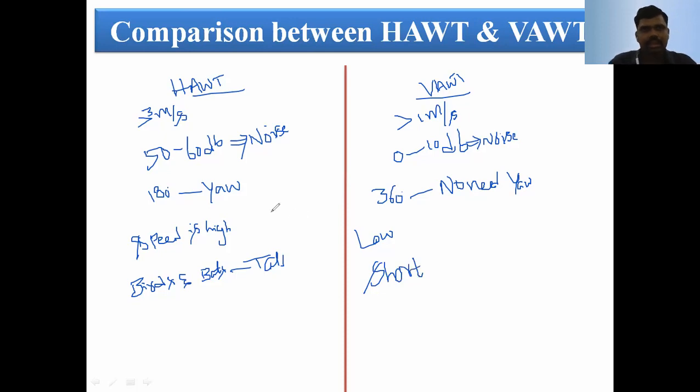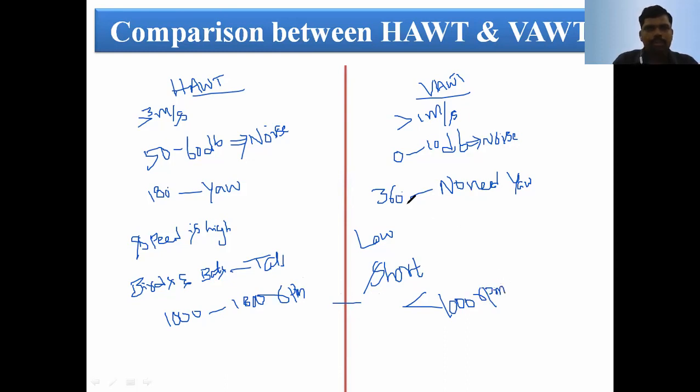The structure is short. And the fan speed here, that is the speed is 1000 to 1800 rpm, that is greater than 1000 rpm. In the high speed shaft, we are getting 1000 to 1800 rpm, and on average we are getting 1200 to 1300 rpm. But in vertical axis windmill, it is less than 1000 rpm.